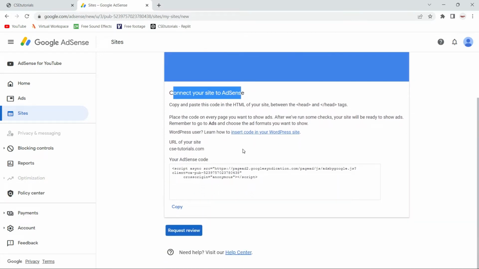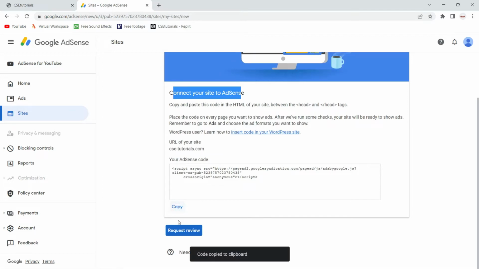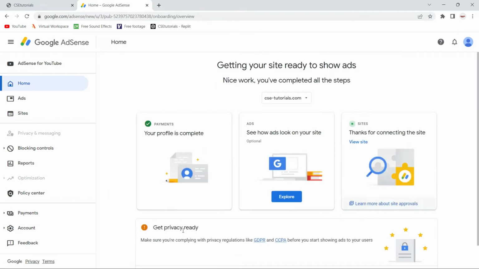If you want to show ads on your website, you have to put some code into your web pages. This is the code you can copy from here, or you can click on request review. Once I click on request review, you can see a message, thanks for connecting the site. Means our website is now connected to the Google AdSense account.